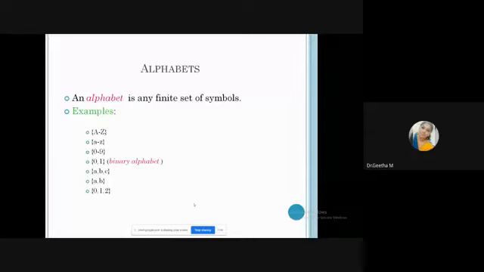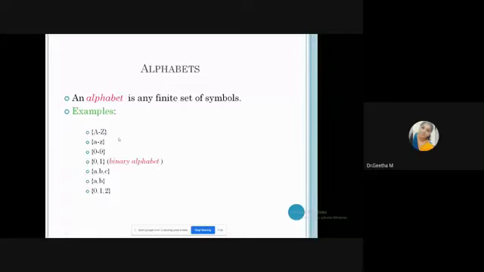First, what is an alphabet? These are only characters or symbols. Suppose you consider our spoken language English, which consists of 26 alphabets. Those alphabets are called characters or symbols. But here we are dealing with mathematical models, so those characters are called symbols. All the alphabets available in the language are called symbols here. Symbol is a terminology here. For example, for our English language, all the capital letters are symbols.